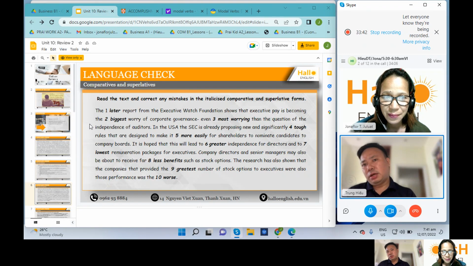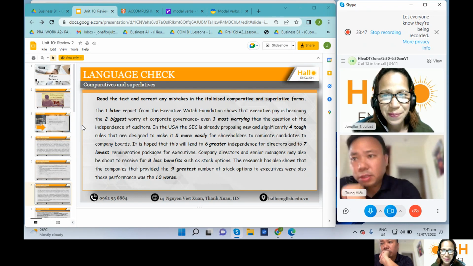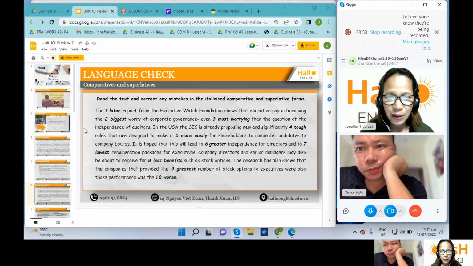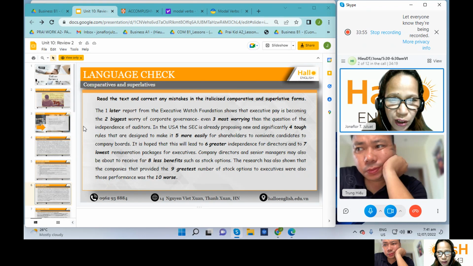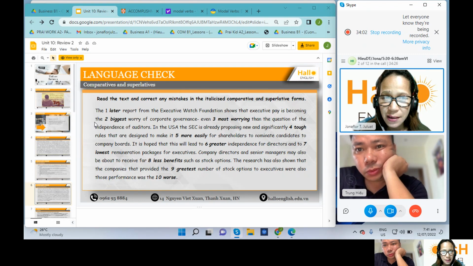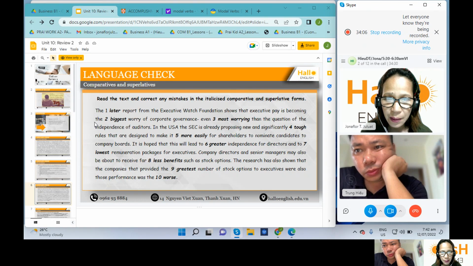I think so, because it has the. Okay. So the executive pay is becoming the biggest worry of corporate governance, even